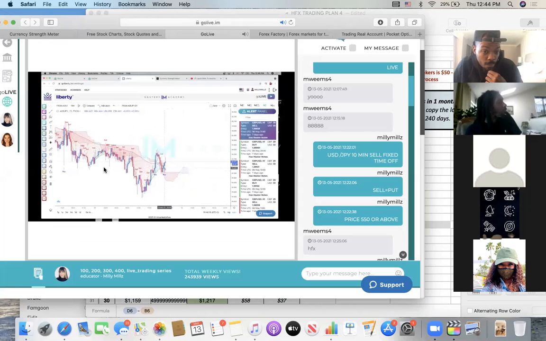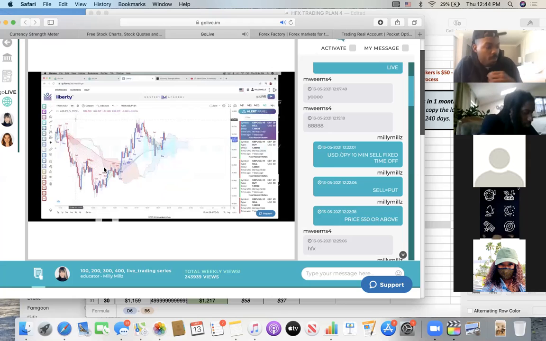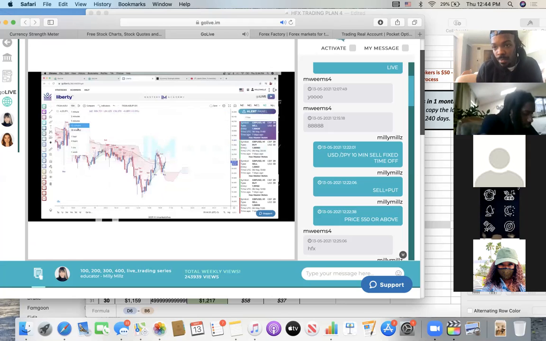It gave us that buy not too long ago, like 30 minutes ago, it gave us a buy. Look at that. You see the reversal? Boom. So from that drop, it reversed up. And now we're definitely going to catch that sell when it actually reverses. So hopefully by 1 o'clock, 12:50, 1 o'clock, we might see that reversal level. And like I said,